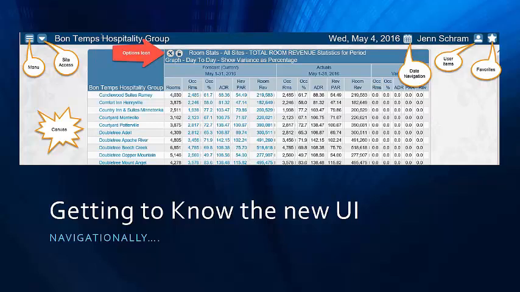In the classic version, to navigate the system effectively, you would hover over top things and they would turn yellow and you would click on them and you could make changes to things. That is different in the new user interface. Most of the items are icon driven, so you'll see now your menu is underneath 3 little lines across the top. If you're a corporate user, to access your hotels, you'll click on the little arrow that's pointing down